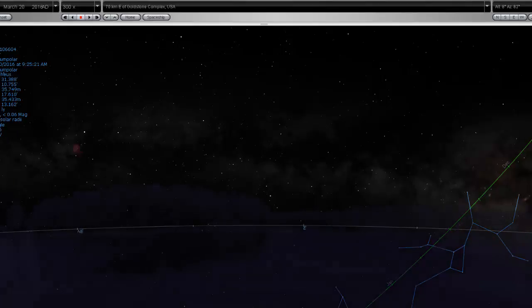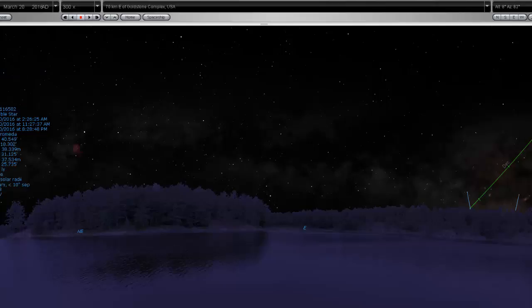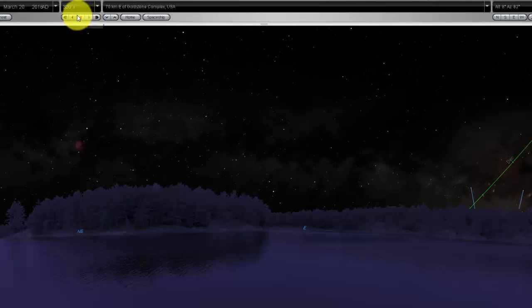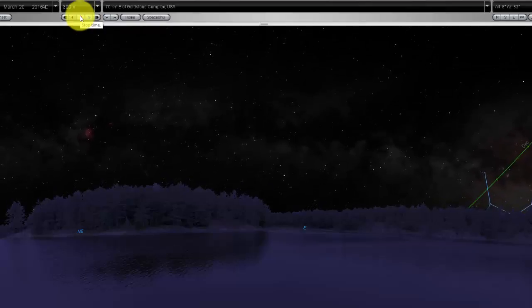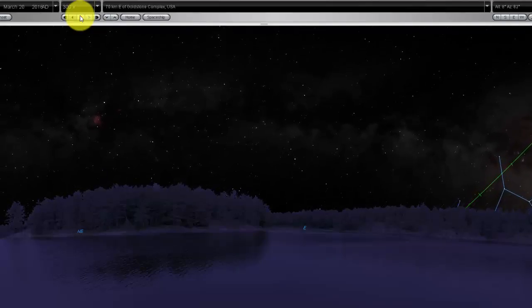If I put the actual natural horizon in at night, it looks like this. Or during the daytime. Hold on here. Just to show the daylight, which I guess it has to be running, or rather it's not sunrise yet. So the green line,